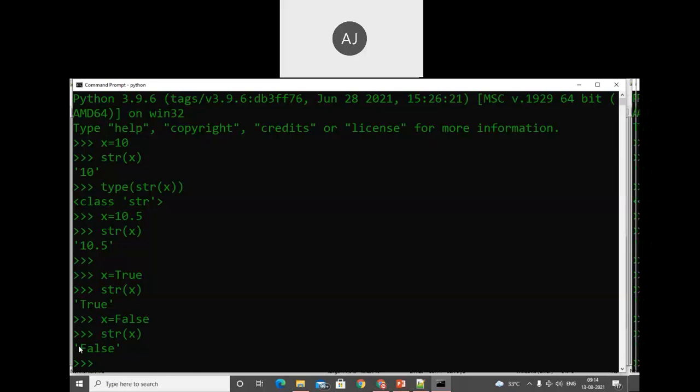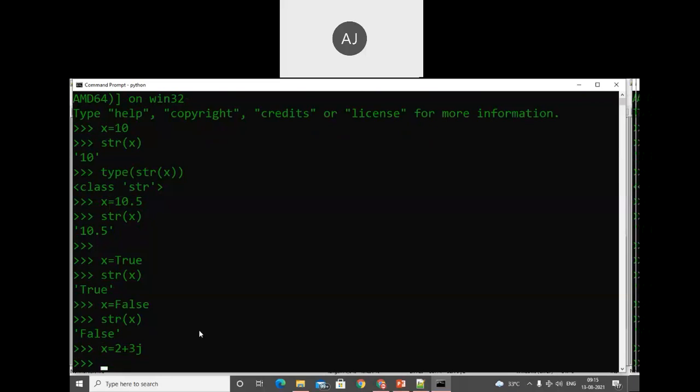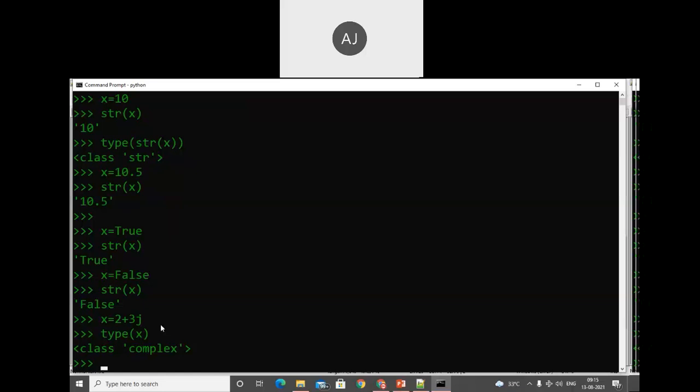Whenever a single quote or double quote comes, then definitely we can say that it is a string. Make a note of it. Okay. So x is equal to True, x is equal to 5, and the last one is a complex number. So 2 plus 3j is there. Now I'm trying to check this 2 plus 3j. These are the complex number. If you want to check them, check. See, this one is a complex number, x right now is a complex number.